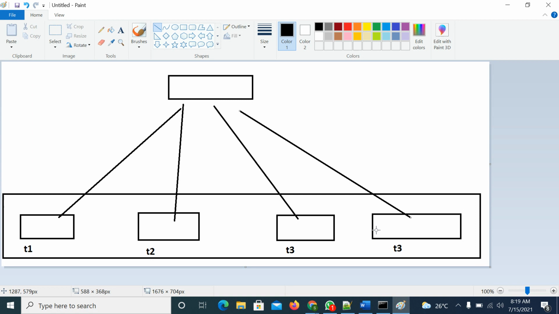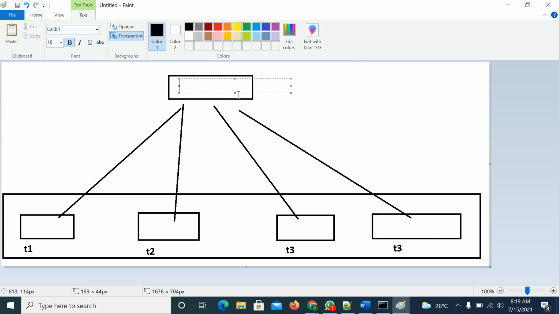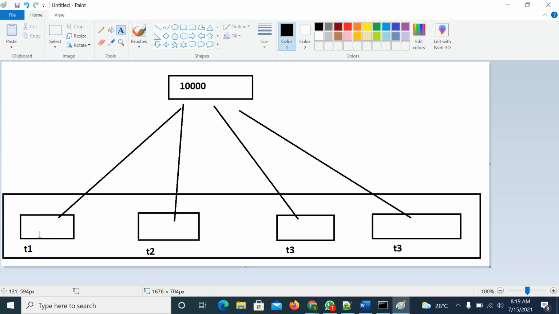Branches means one thread each. So what is the first thread trying to do? It is trying to withdraw money from this account. Suppose the amount in the account is 10,000. First this person verified that 10,000 is there. At the same time, this person also verified. So all are able to see that 10,000 is there in the bank, with respect to one account. So what does this one do? He is trying to withdraw the amount from here, and if he withdraws, he will update it here.